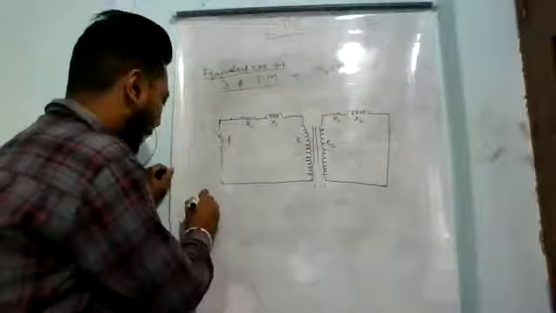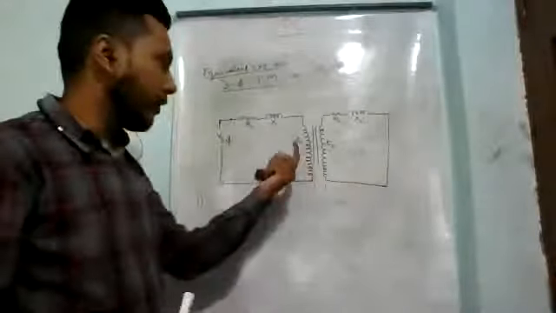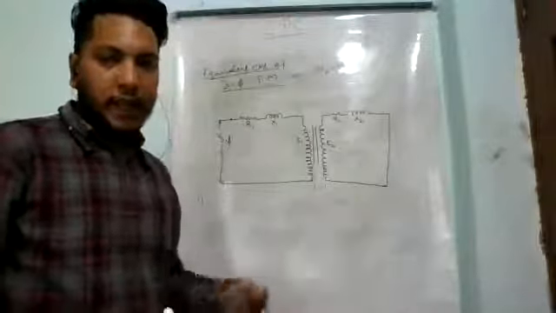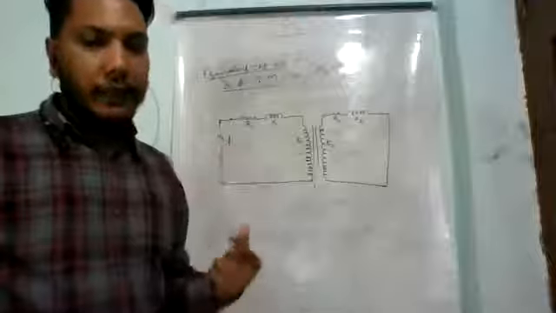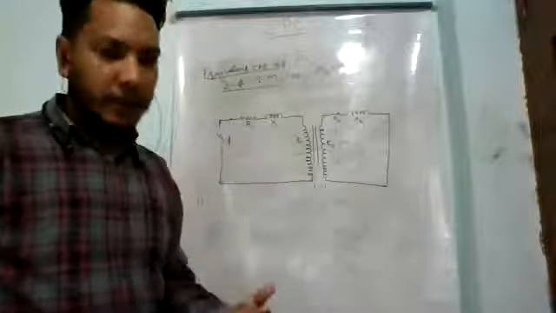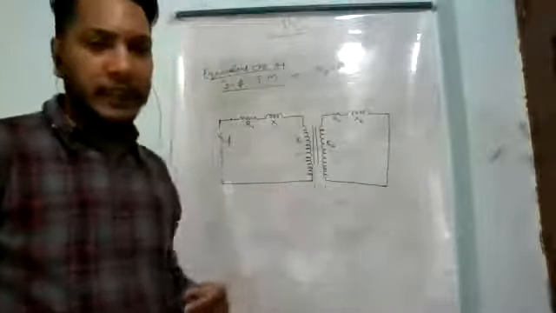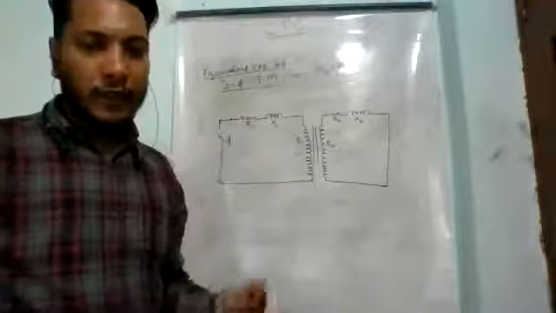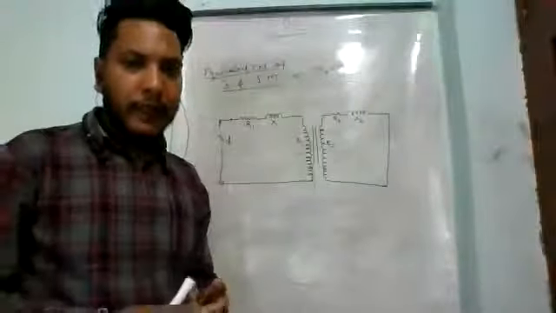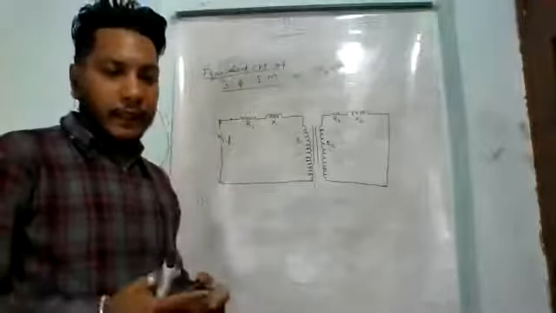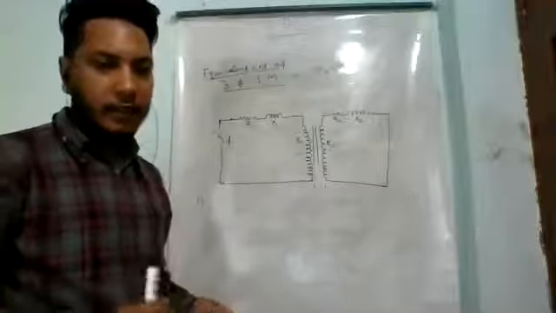First of all, as we know, when we give three-phase supply to the stator of the induction motor, a three-phase rotating magnetic field is produced. This rotating magnetic field cuts the rotor conductors, and then an EMF is induced in the secondary side according to Faraday's law of electromagnetic induction. When there is interaction of the stator magnetic field and the rotor magnetic field, torque is induced in the rotor of the induction motor.